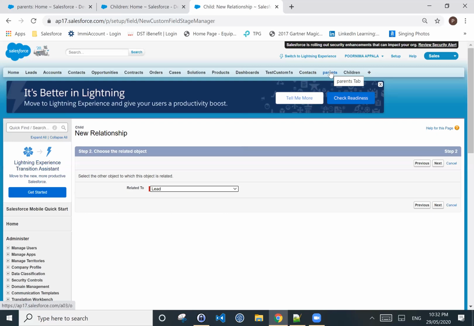So that is the only formula. If you have no master relationship, then you can create a complete 40 lookup relationships. Okay, then click next.